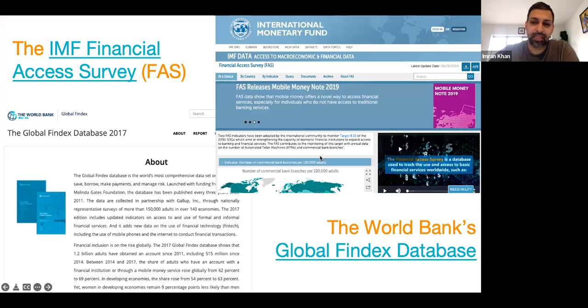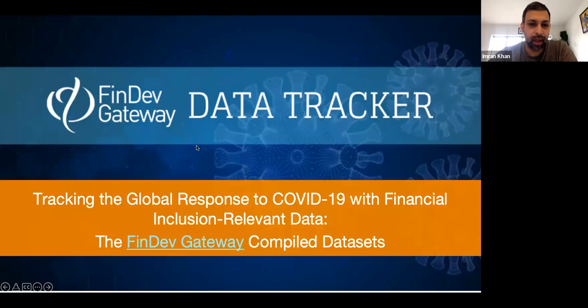There are a ton of access to capital related open data sources out there. We talked about the World Bank generally. Specifically within the World Bank though, there's the Global Findex database, which provides you with some really nice open data sources that get at this idea of capital. So that's a really nice one.